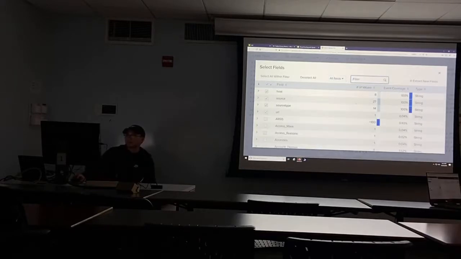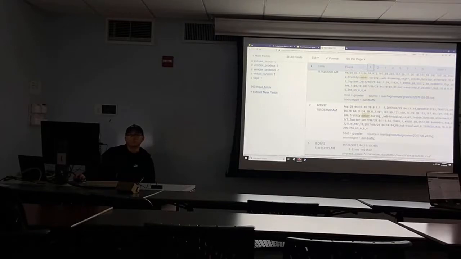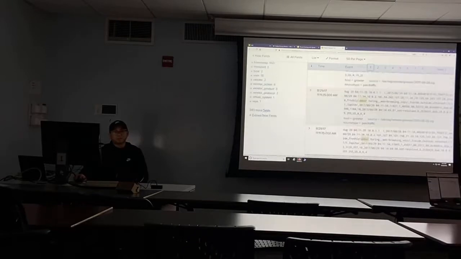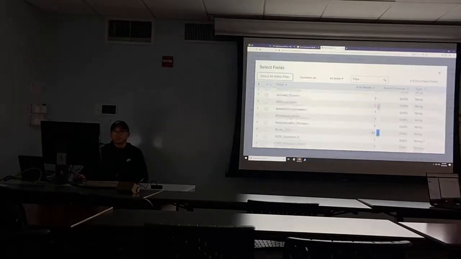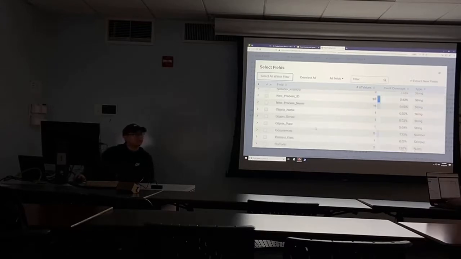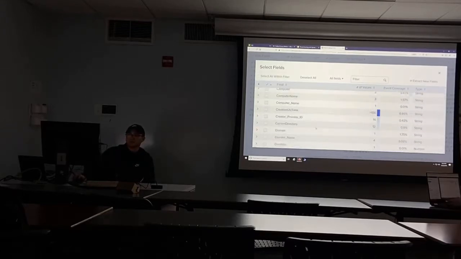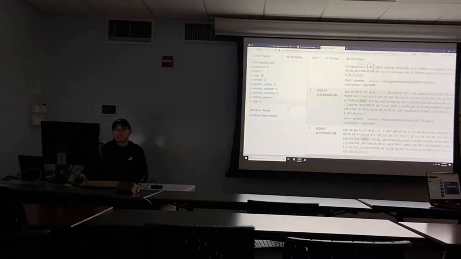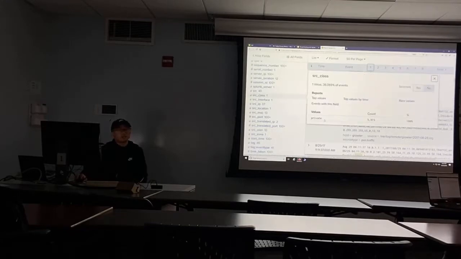Whoa, what are you doing? If you hit more fields, since Splunk itself will automatically extract interesting fields based off the raw data it ingests, you could just hit more fields and you see something like this. This is the list of fields that it could view. That's what we did before, based off source IP, client IP, stuff like that. So we're applying what we learned in challenge 1 to challenge 2 now, and using these interesting fields could help you find specific values or top values that are of interest.